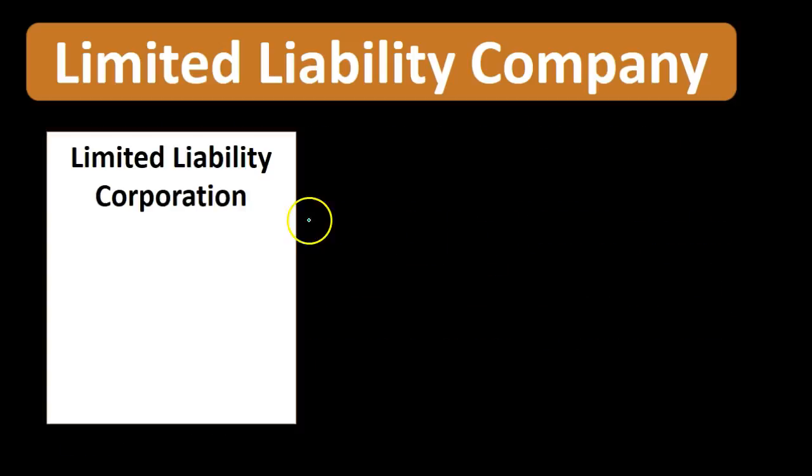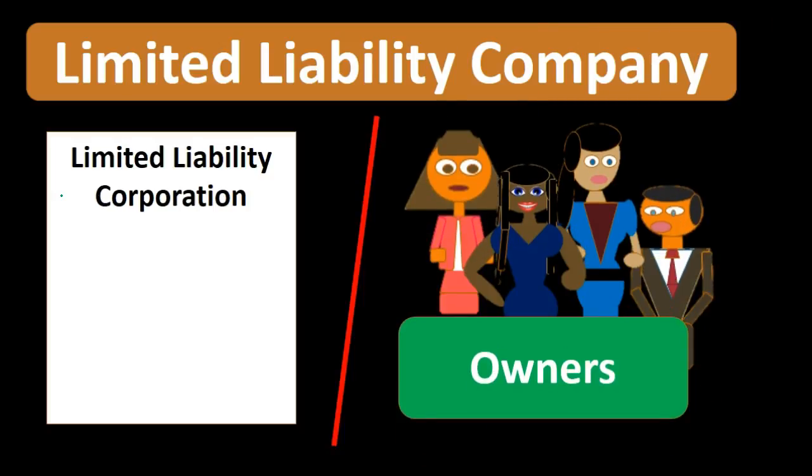So if we had a limited liability corporation, the idea of a corporation is that we want to keep that corporation separate from the owner. In terms of a corporation, we have a separate legal entity. Because it's a separate legal entity, the corporation itself, its assets and liabilities, are subject to any problems on the corporate level, but there is a divide from the personal assets of the owners.